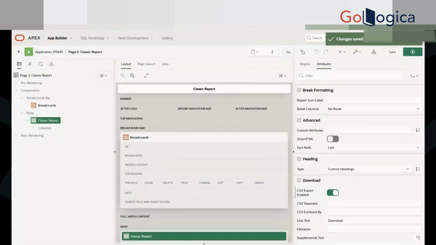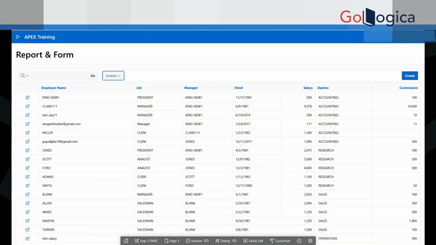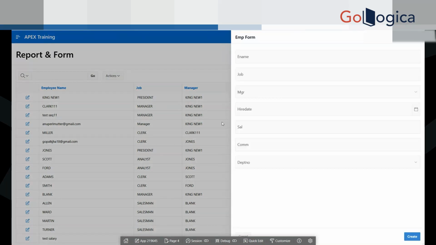So any other question you have on interactive report and classic report? No, I don't have any questions so far. And form, this page mode, you got it right. Yeah, yeah. Drawer mode, and